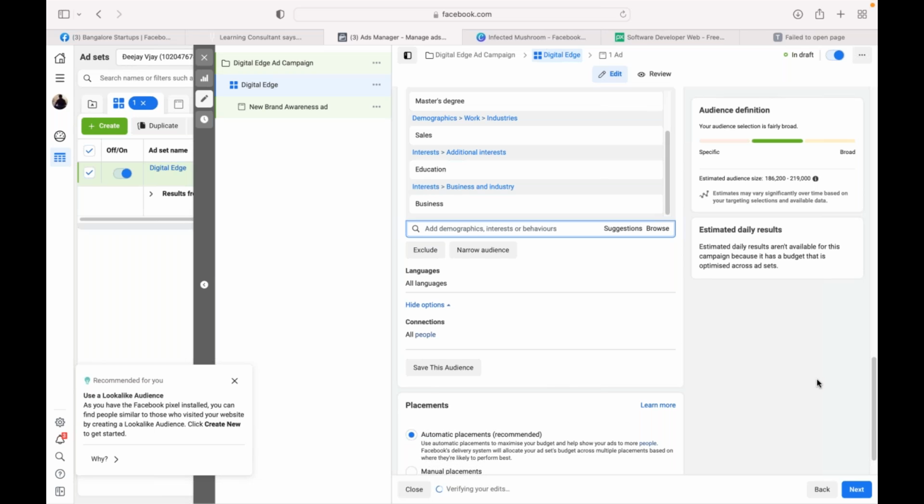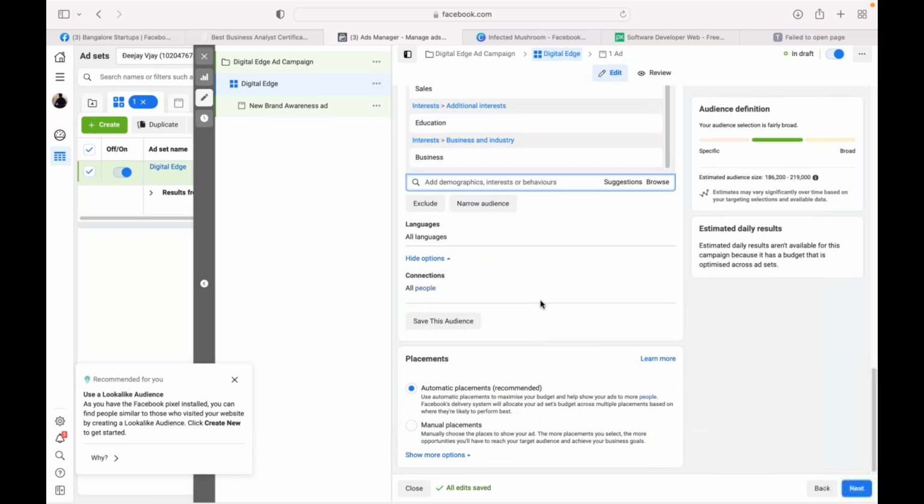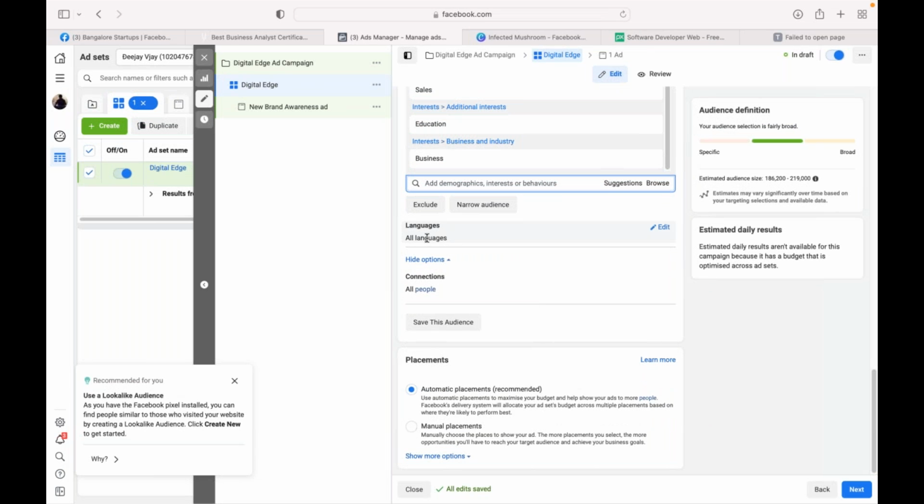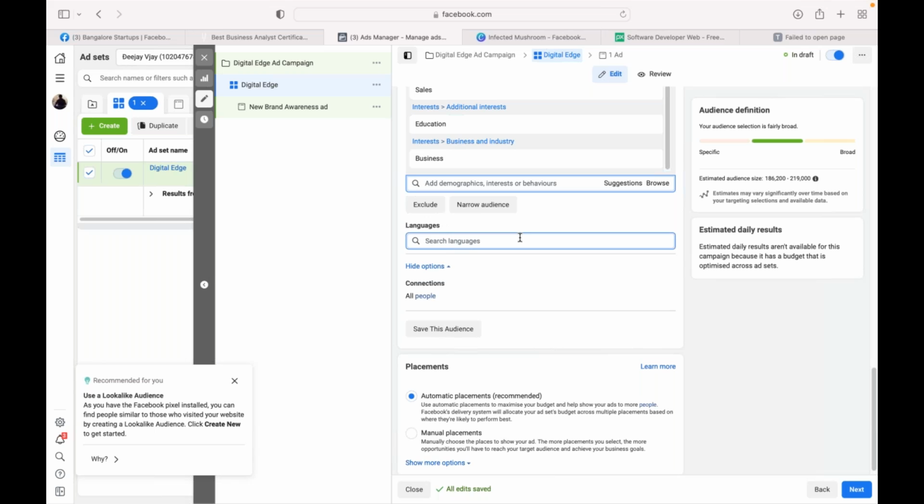So the other option which I showed you yesterday was straightforward. It's going to ask you a few things and done. But here, as a digital marketing person, you can target your audience quite specifically and in depth with all these categories and options we have. So let's take so much, and you can also target them on languages. As we, in Bangalore, we have people from all languages. We can give everything what we have here,